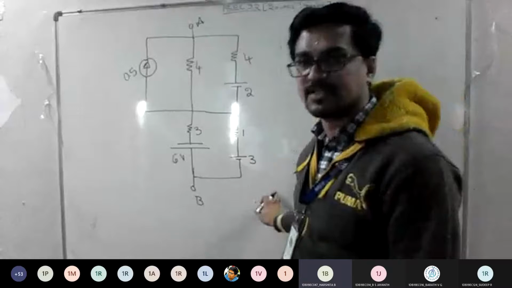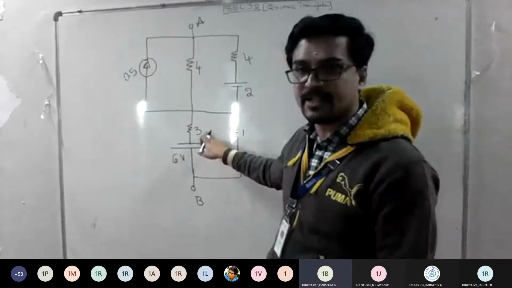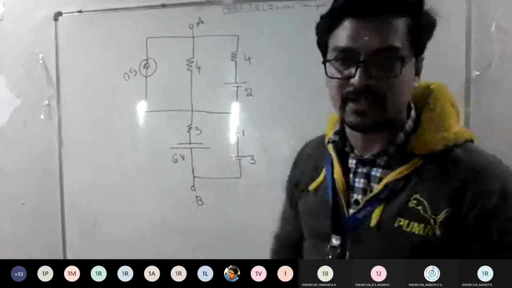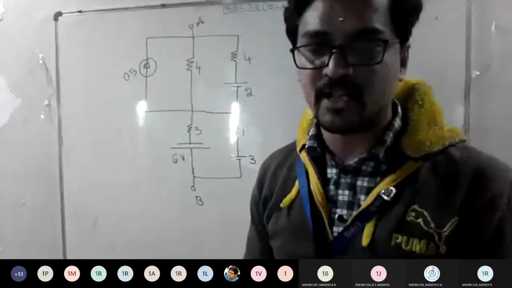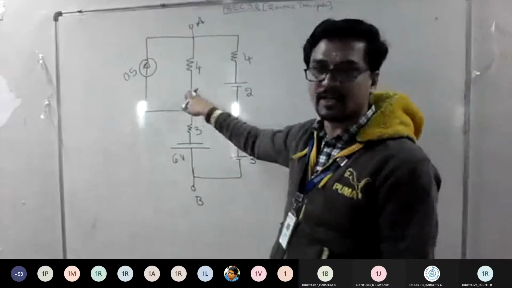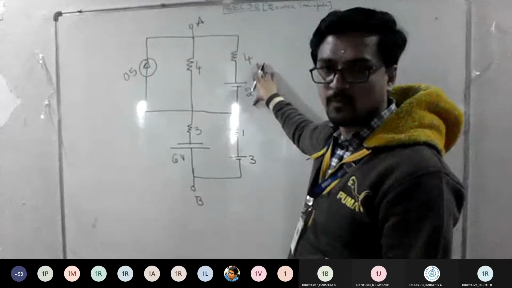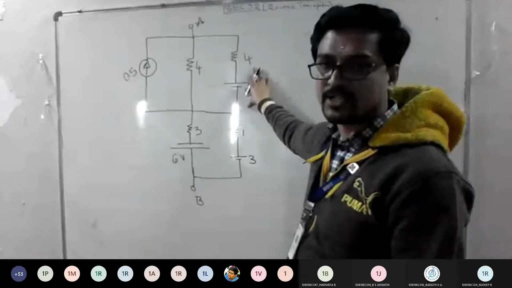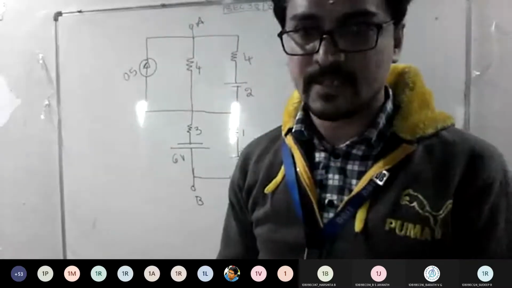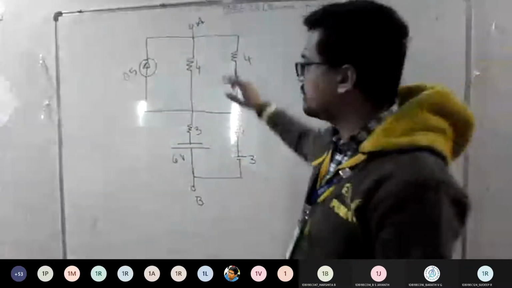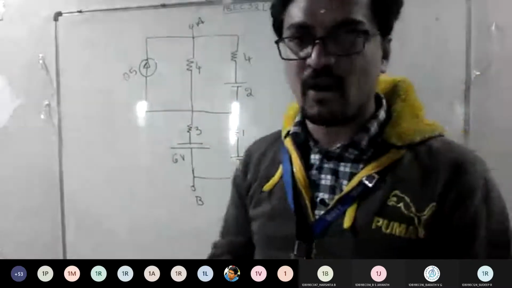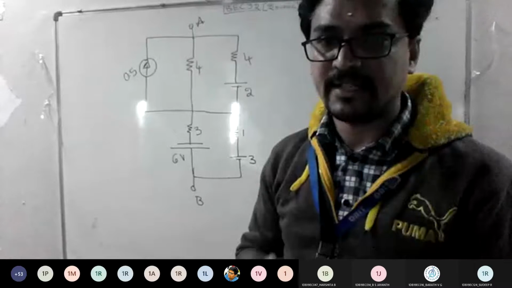I need to apply my source transformation technique: convert this combination to a practical current source. Similarly, this 6-3-1 combination to a practical current source. Then I can do the addition of current sources. Yes or no? Yes, sir. Similarly here, you already have one current source, and this is one more voltage source. If I convert this back to a current source, again these two combinations become parallel. Can I get one from that? Yes, sir. So again that current source and this current source are in parallel. Same logic you apply, and get the answer in terms of current only.